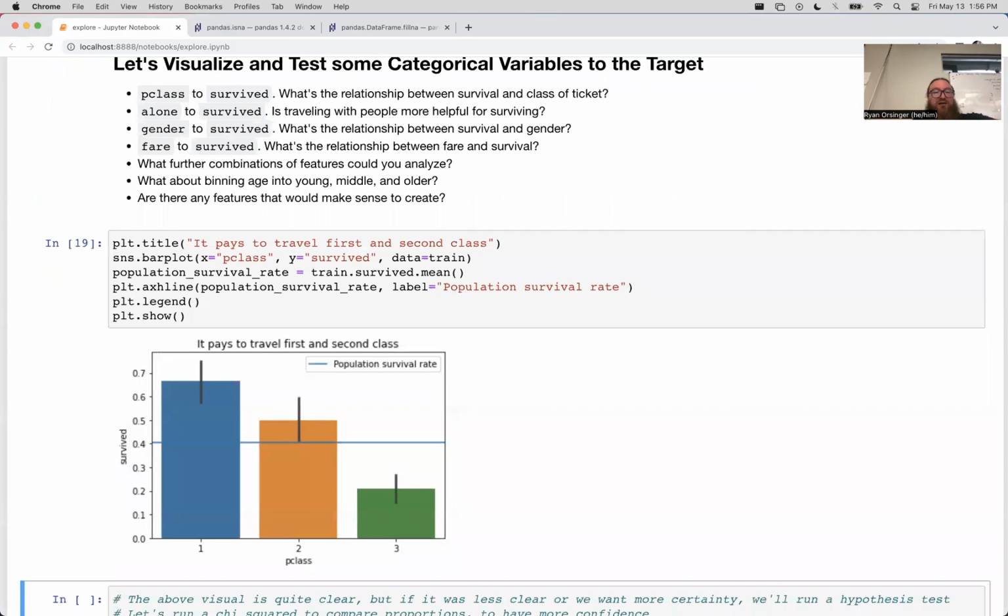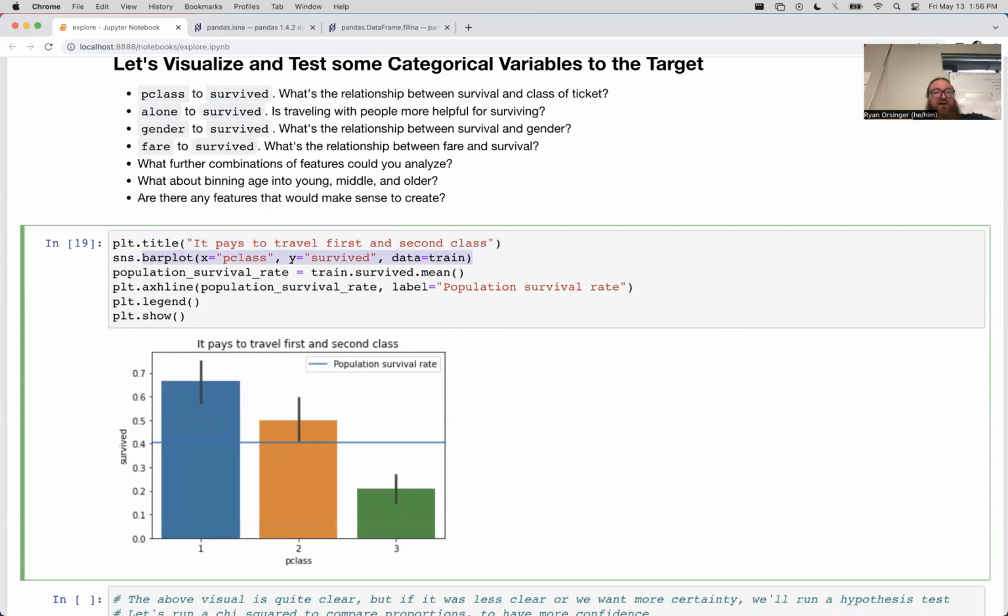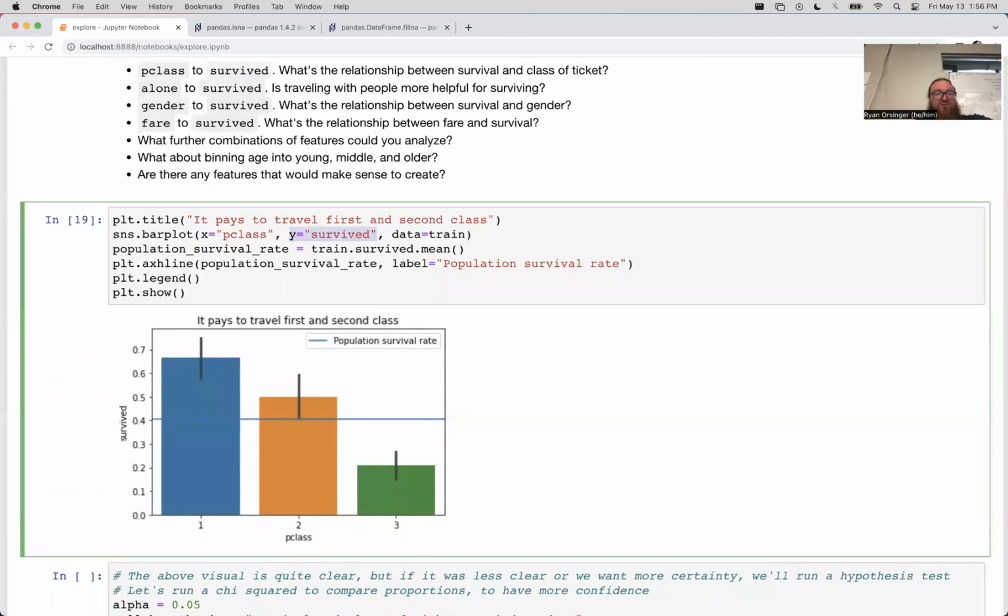let's make a nice little bar plot. I made the advertisement for bar plot with your Y of the Boolean, so survived as our target. What we're getting is the proportion broken out. We get one column for each of the different classes of ticket. So, wow. This is like an advertisement to buy a first class ticket right here.